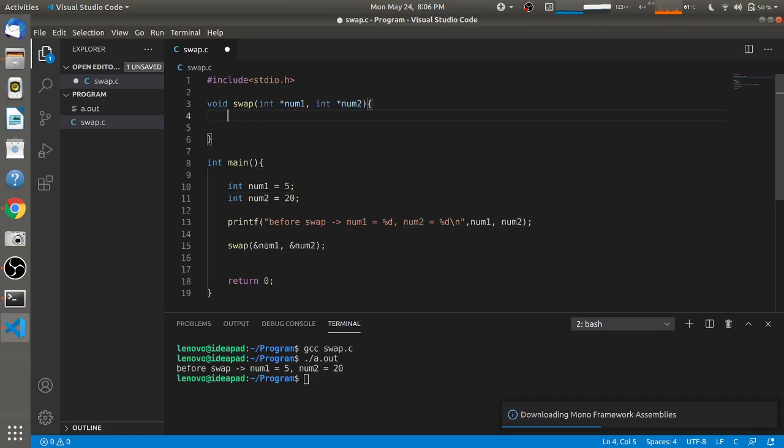So if you don't pass by address, then numbers will be swapped in the function, and once the function is completed, those swapped values will be gone, and the change will not be reflected in the main function. So that's why we have to pass this by address. So after that we are going to use a third variable to swap the values. So I'm going to declare that third variable as temp,